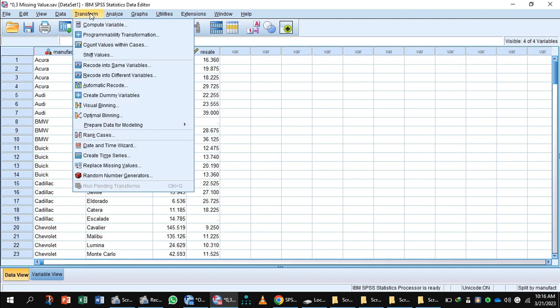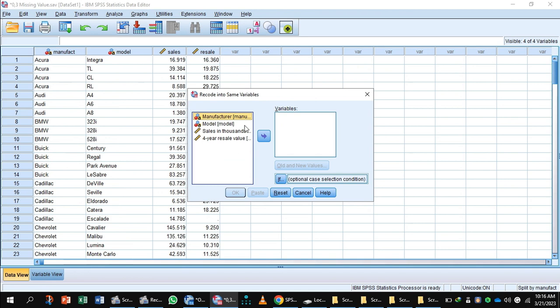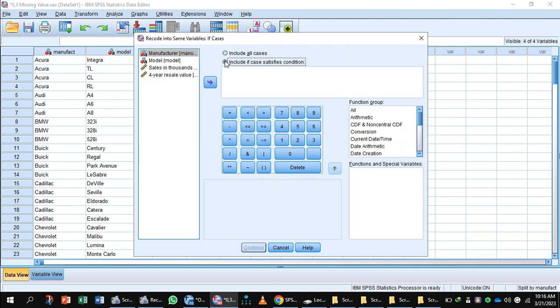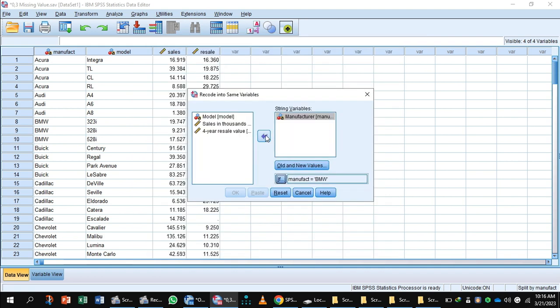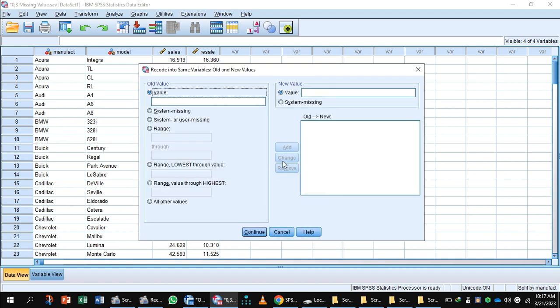For this purpose, we go to Transform, Recode into Same Variables, manufacturer, go to the variable box, If, include if case satisfies the condition, manufacturer, insert equal sign, inverted comma, BMW, press Continue, and 4-year resale value, Old and New Values, System-missing, and now you will enter the mean value 32.40, Add, Continue,